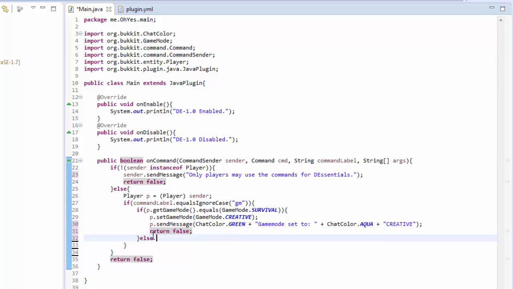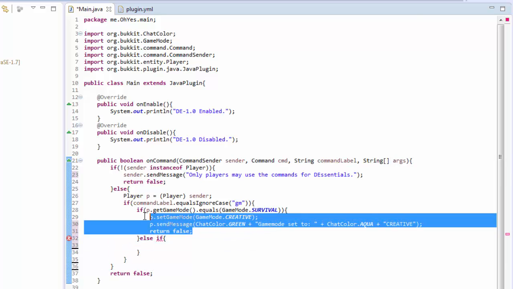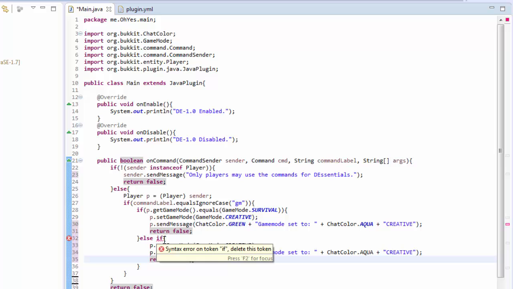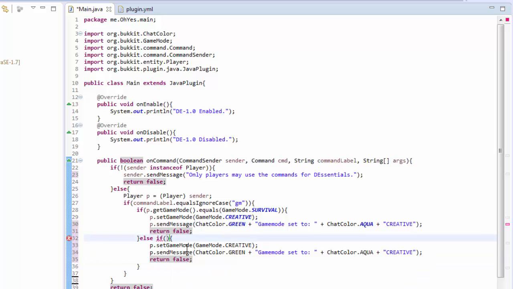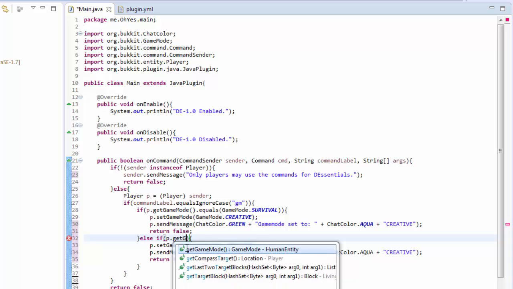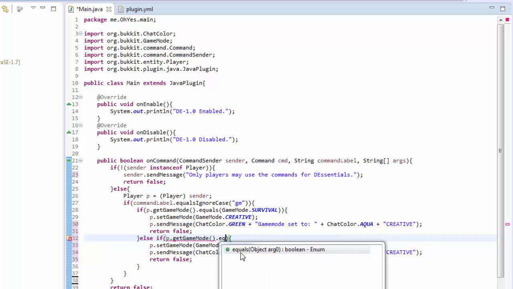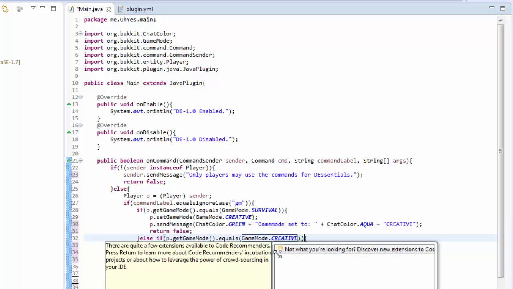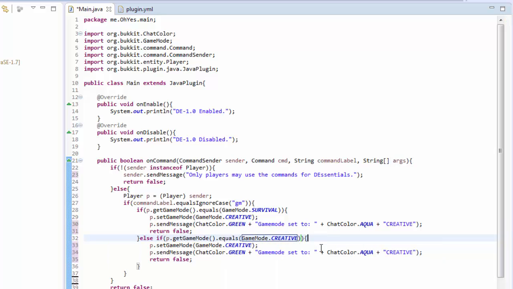Anyway, else if, we can practically copy and paste this. And with the else if, you can do p.getGameMode().equals(GameMode.CREATIVE). Make sure when you type in GameMode, the M is also a capital. So if they're survival, set them to creative. If they're creative, set them to survival. Like that. Change this to